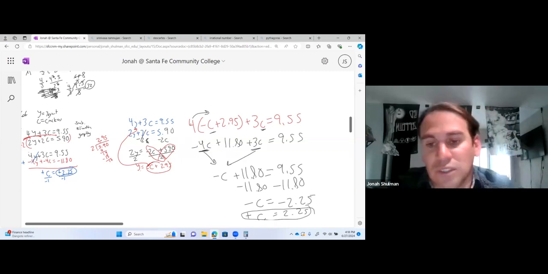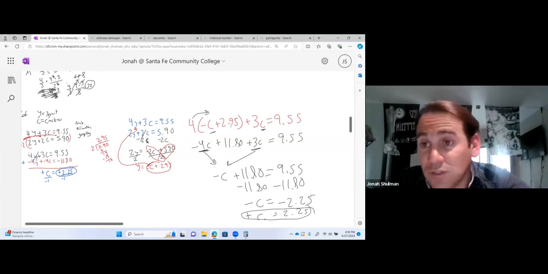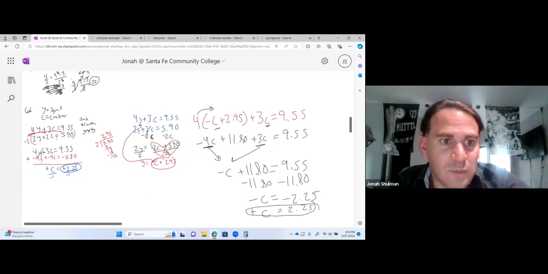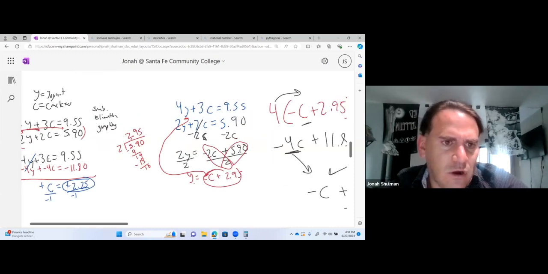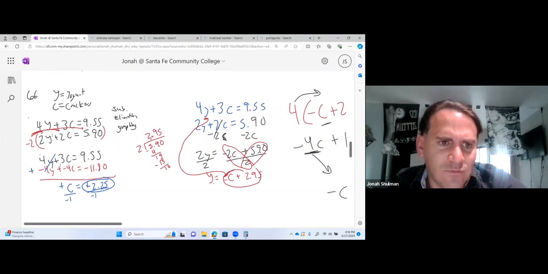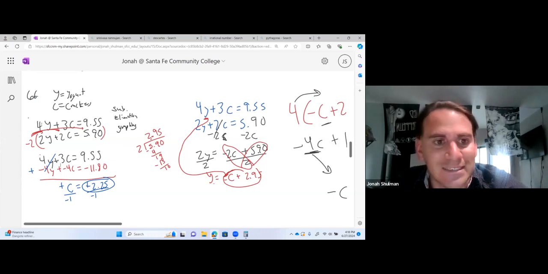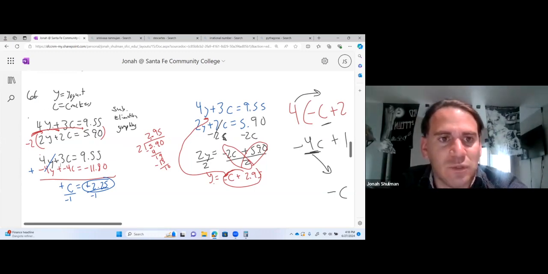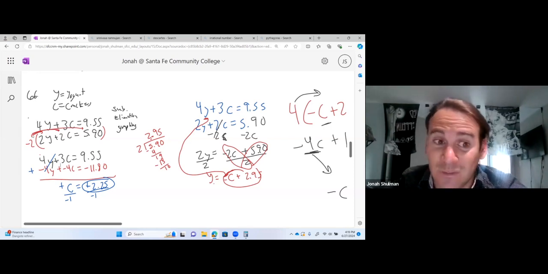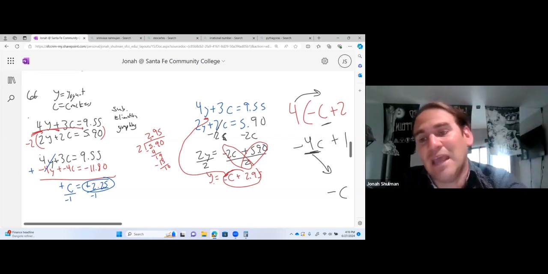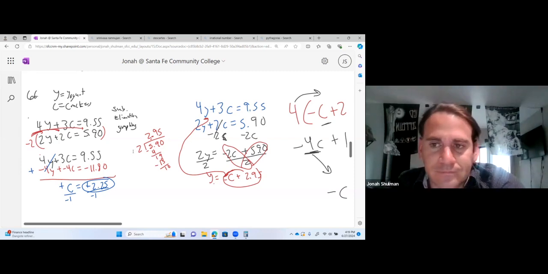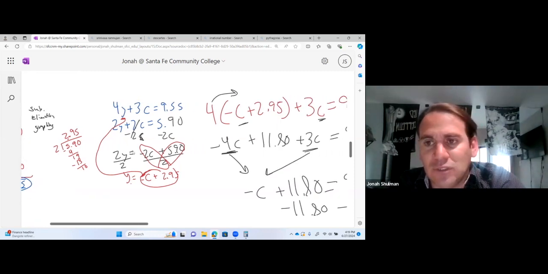That's substitution. Now, substitution works really well, especially when these aren't easily added or subtracted for elimination. This was easy to do because I had a 2 and a 4, right? But if it was just this 3 and this 2, let's pretend this wasn't there, you'd have to multiply this by 2 and this by 3, negative 3, and then add them or subtract them. So sometimes the substitution way is better.